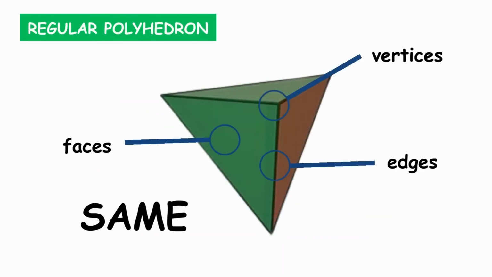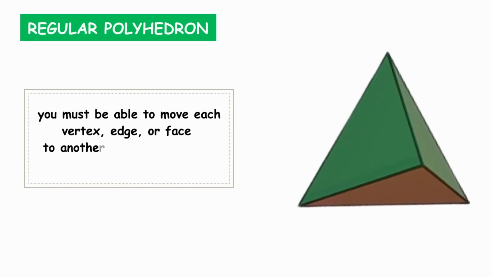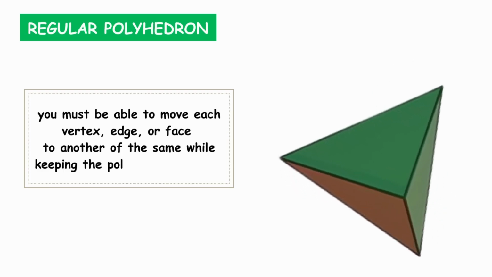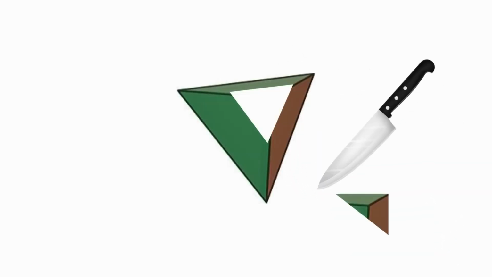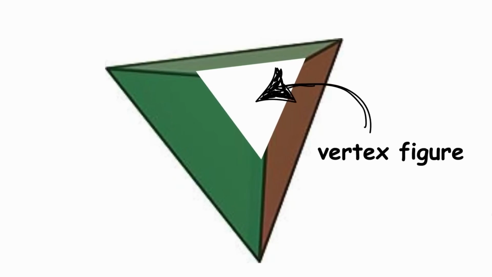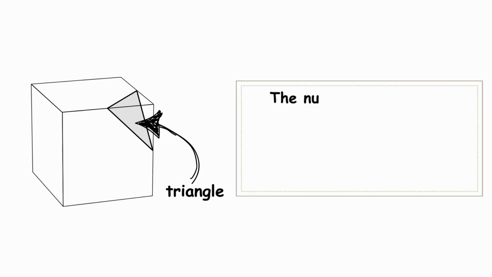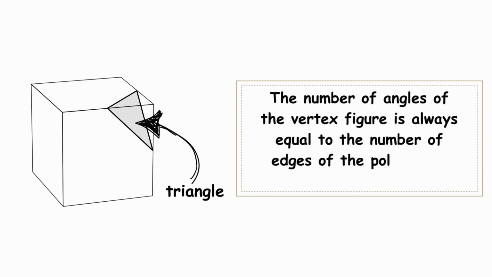More precisely, you must be able to move each vertex, edge, or face to another of the same while keeping the polyhedron identical. Imagine cutting off a corner of a polyhedron and looking at the cross-section. The shape you see is known as a vertex figure. For instance, if you cut off the corner of a cube, the shape you get is a triangle. The number of angles of the vertex figure is always equal to the number of edges of the polyhedron that